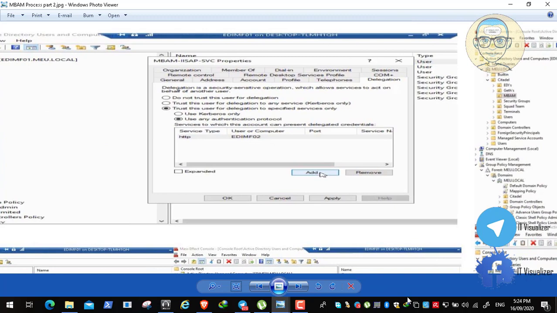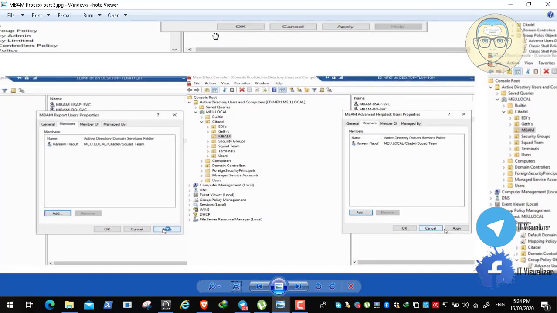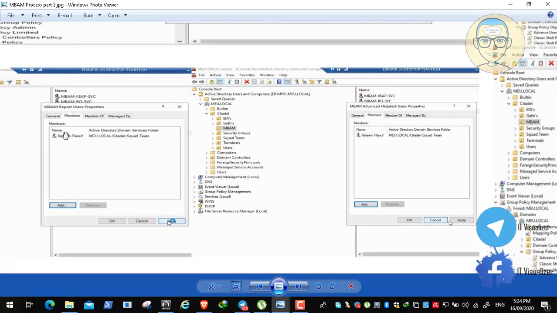So we'll do this step. So at the end we can see here that this user will have trust, use any authentication protocol, and the type of protocol that will be used is HTTP EDMF02. So this is the first step. And then we need to add my user or a certain user in the MBAM report users Active Directory group, so I can run reports. And then I need to add also a user to the advanced help desk MBAM group, so I can run this is to run reports, and this is the other one to configure